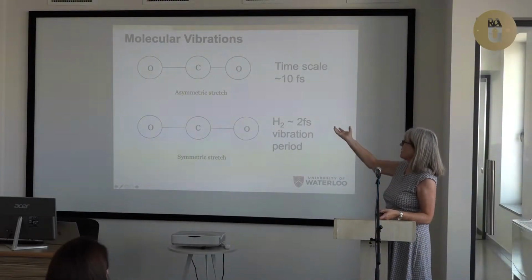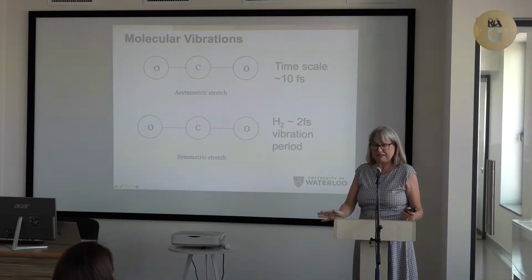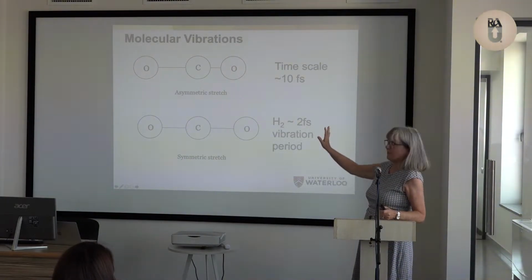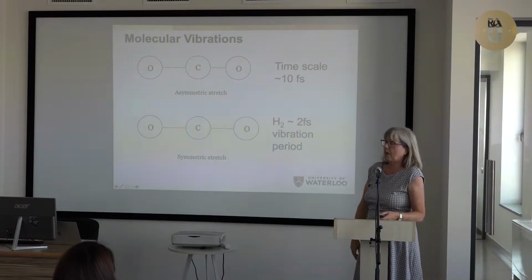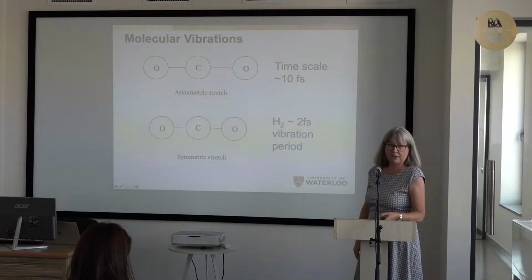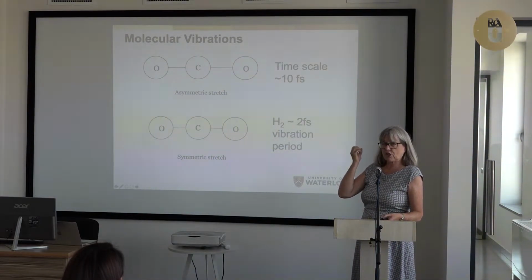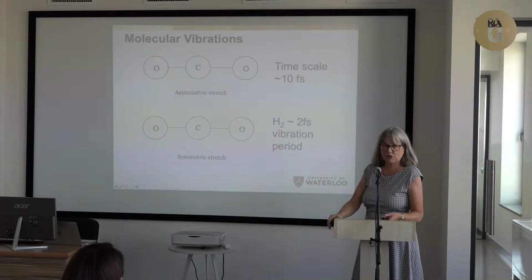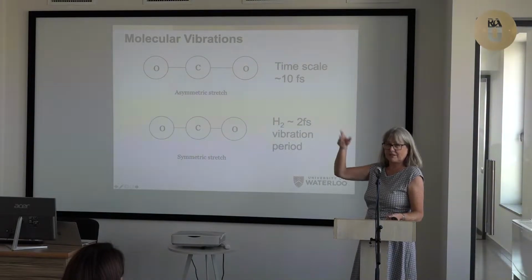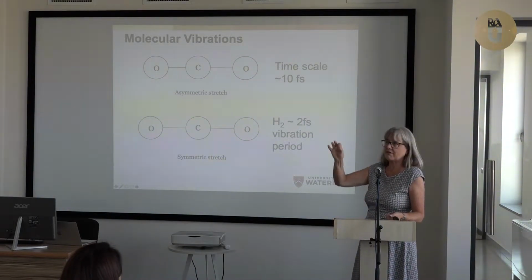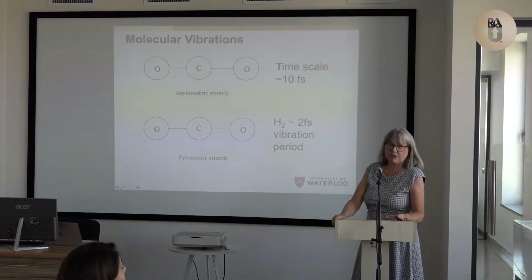So the question now, obviously people, and again, if you're a spectroscopist, you're going to say, oh, we already know this from your spectroscopy, we don't need short pulse lasers. Okay, but a simple example. Could we watch the motion of the oxygen compared to the carbon moving this way or this way? This motion is on the order of about 10 femtoseconds. So if we're going to stop this motion, the pulse has to be shorter than 10 femtoseconds. If you actually had a hydrogen on any molecule, CH6 or whatever, and you want that hydrogen to move, because it's the lightest atom, it's going to vibrate at 2 femtoseconds.